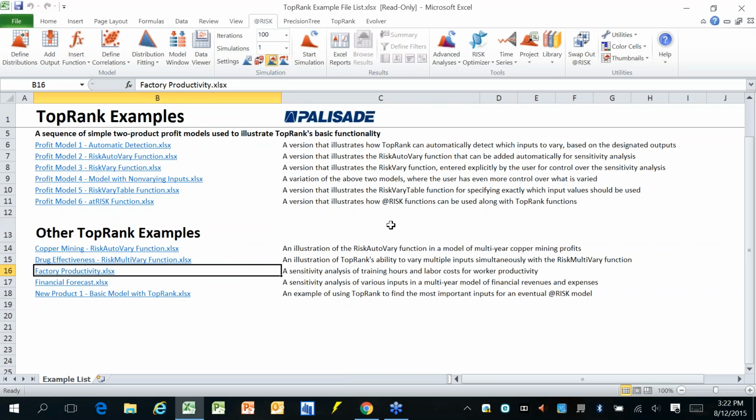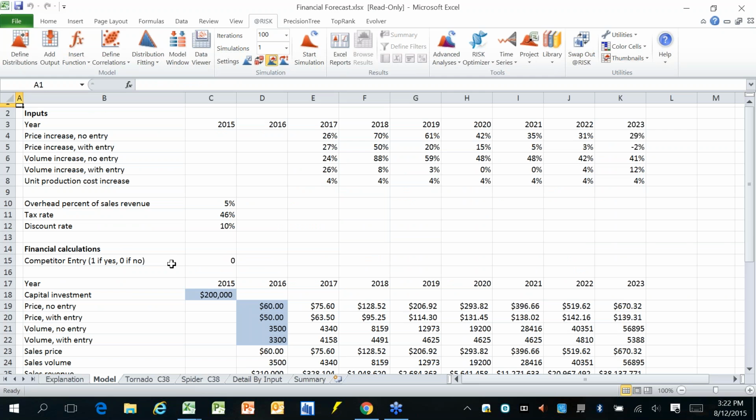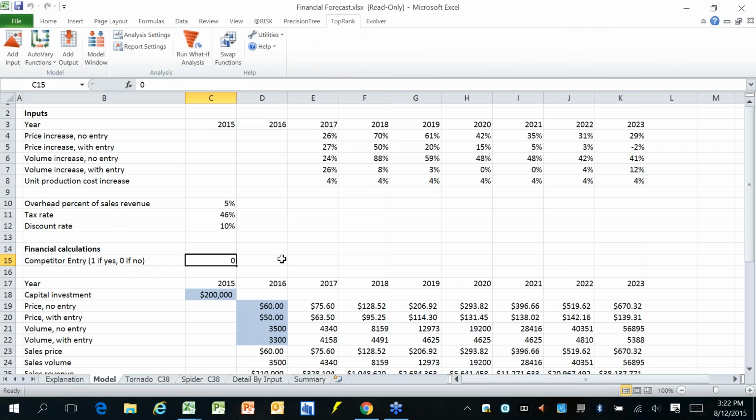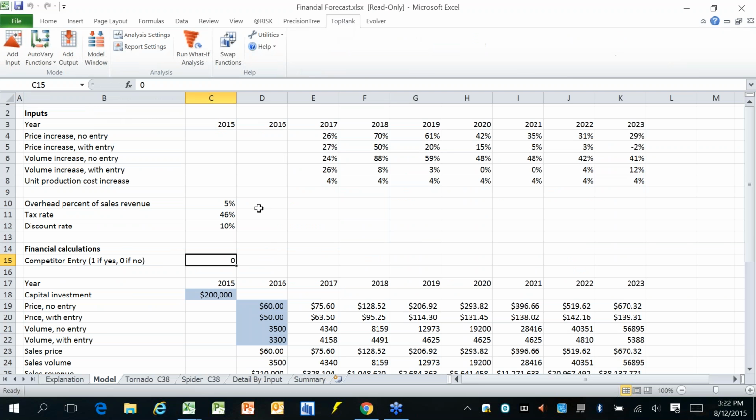TopRank has its own version that still uses the RiskSimTable, but enables you to run a TopRank analysis under a certain assumption, change the value of that assumption and run another analysis. So exactly like multiple simulations runs a simulation per sim, this multiple run feature of TopRank does the